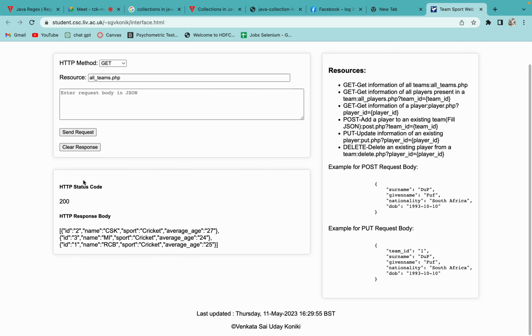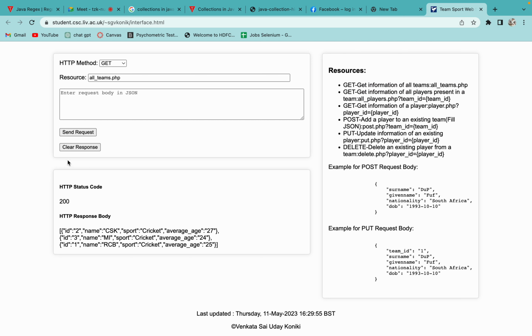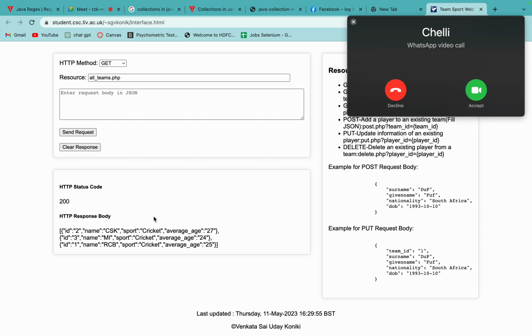Whenever I click on send request, I'm able to fetch some data here like ID, name, sports, average age and all. So where am I getting this data from? This data is stored in a database. So from the database, if I have to retrieve the data,